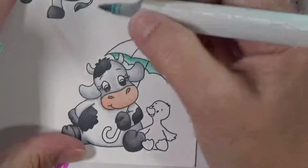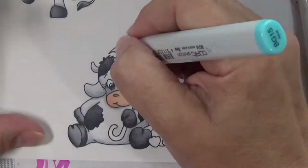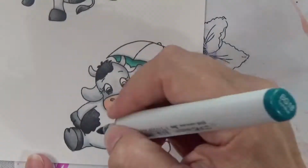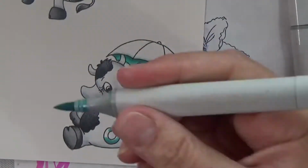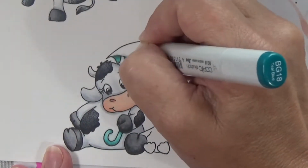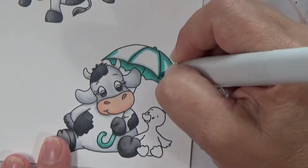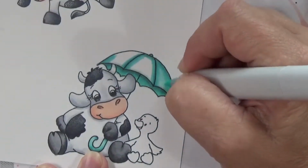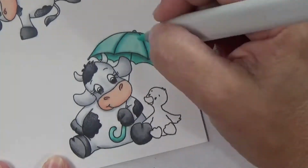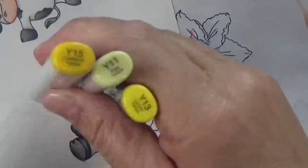And so now I'm coloring this umbrella, and one of the really hot colors this year in everything is teal. So I'm just using a series of the BG markers to give her a cute little teal umbrella. I'm using the BG 11, 13, 15, and 18 for this. I'm making it darker where the bones of the umbrella are, because those spots would be indented. So I'm giving it a little bit darker in there to create that shadow